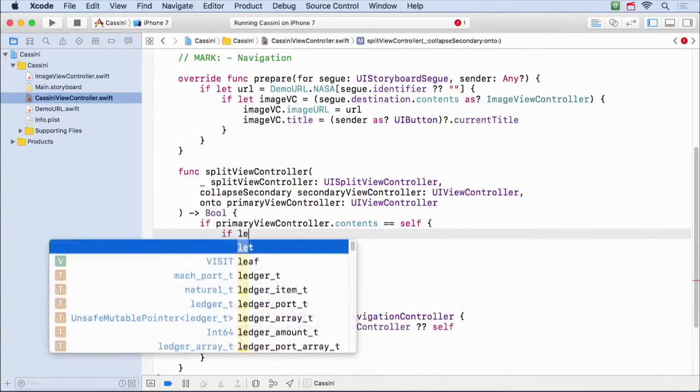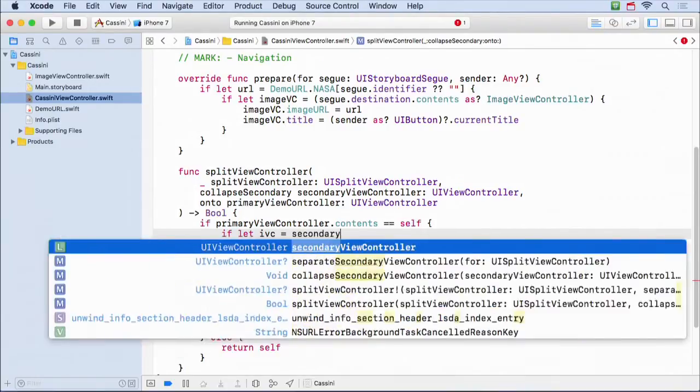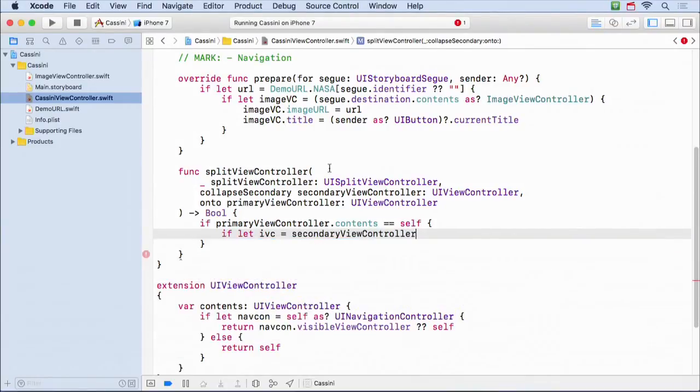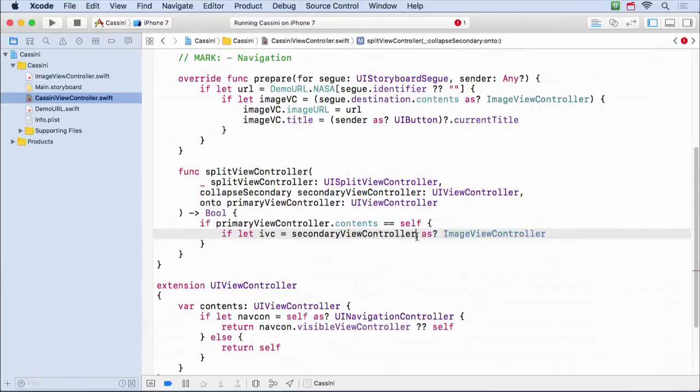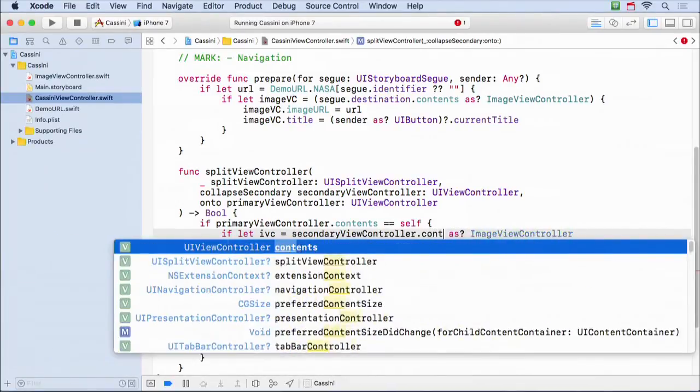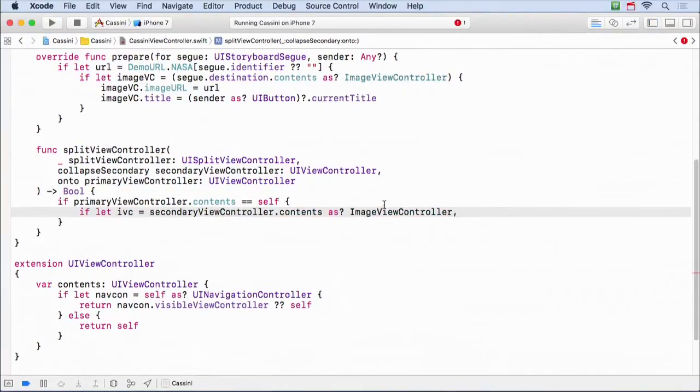Then I'm going to say if I can let the image view controller equal the secondary view controller, that's the detail. It's this argument right here. It's getting passed to me. This is the thing it's asking me to collapse on top of it. Secondary view controller as an image view controller. And again, here I want to do contents, in case that's inside a navigation controller. Okay, but that's not all. It's not just if I have an image view controller being asked to collapse on top of me, but I want to make sure that that IVC's image URL